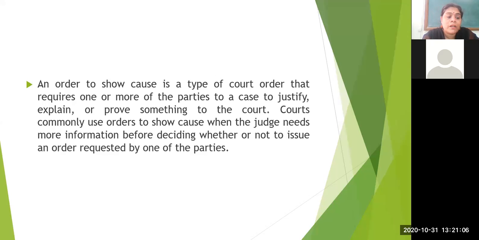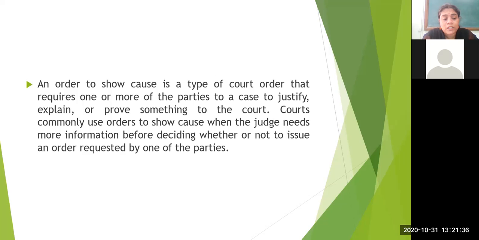authority. Whenever they get a date for a hearing, they need to come, only one or two persons, or in many cases they are asking if you sit at your place and we will have a video through your virtual platform. This is how proceedings are done nowadays. So this is very important, and whenever in order to show cause, it's a type of a court